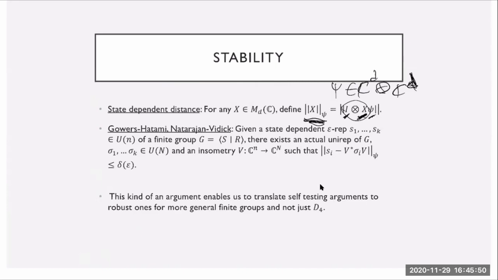We defined those epsilon representations for algebras. An epsilon representation of a group is just the same thing: the relations that you wrote for this group are almost satisfied. And the point is that if you take any finite group, there exists some